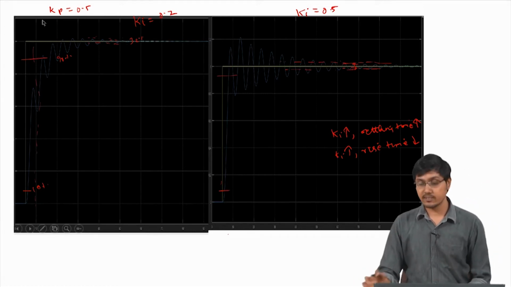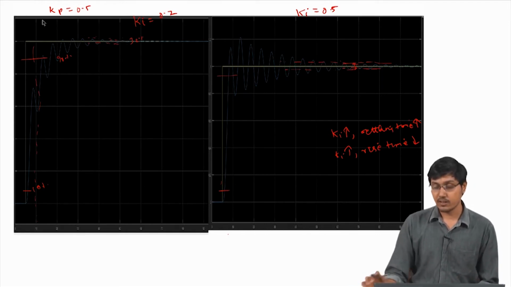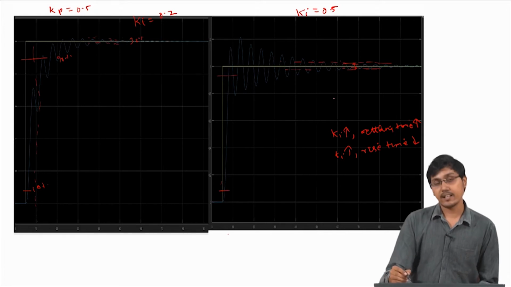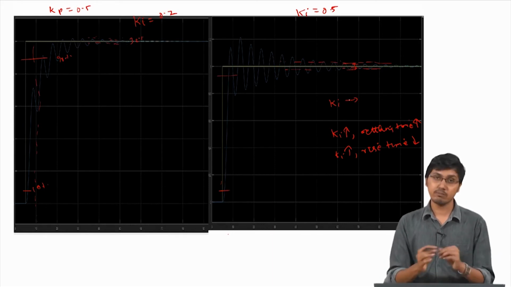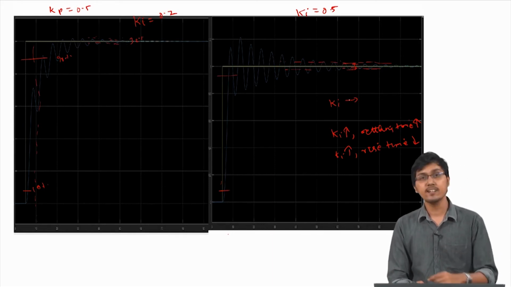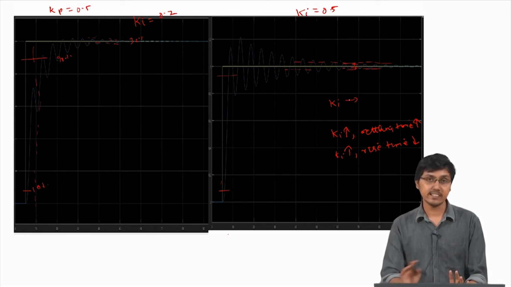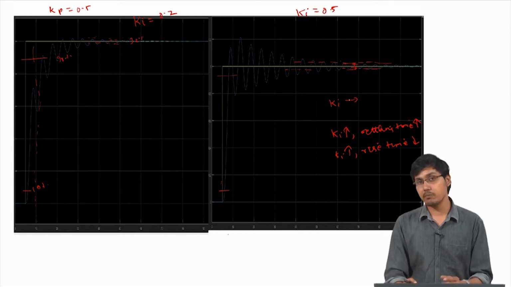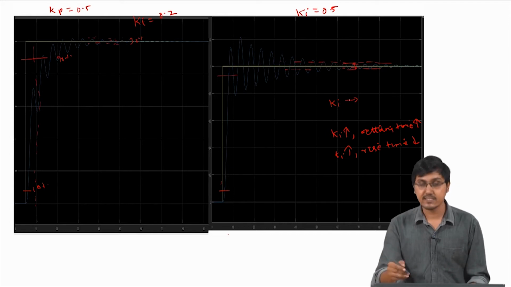That's something we can evidently see from this. Also, increasing the Ki value does not have any effect on steady state error. Whenever there is an integral action, the steady state error is going to go to 0. Steady state error reaching 0 has no dependence on Ki, because for any value of Ki the steady state error is going to get eliminated. So that is something we will not worry much about now.